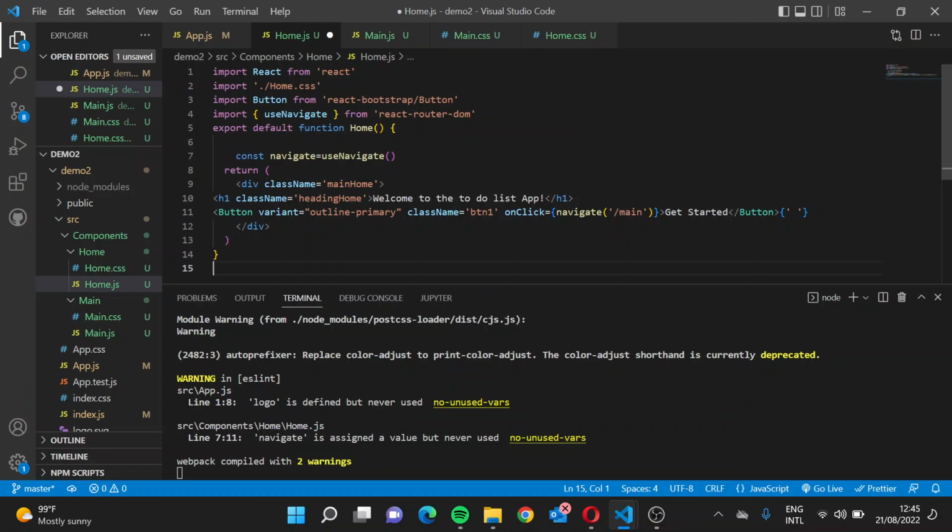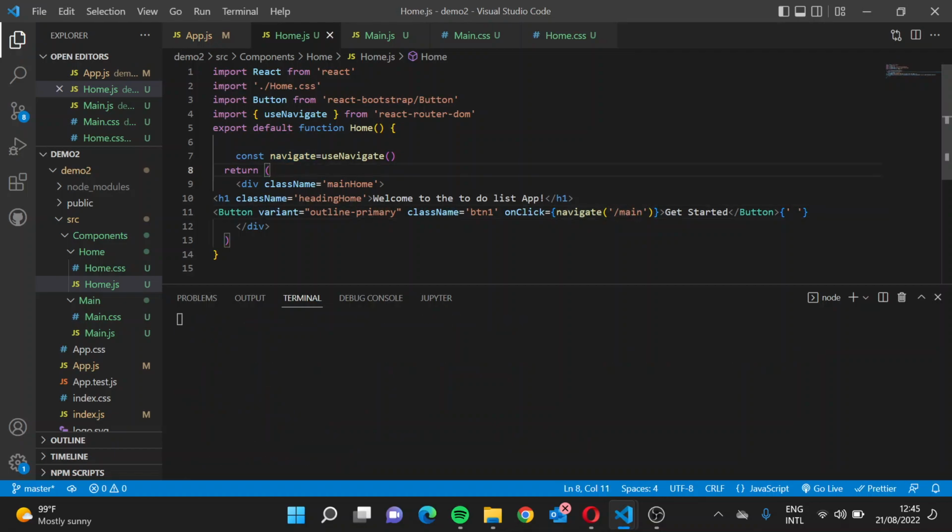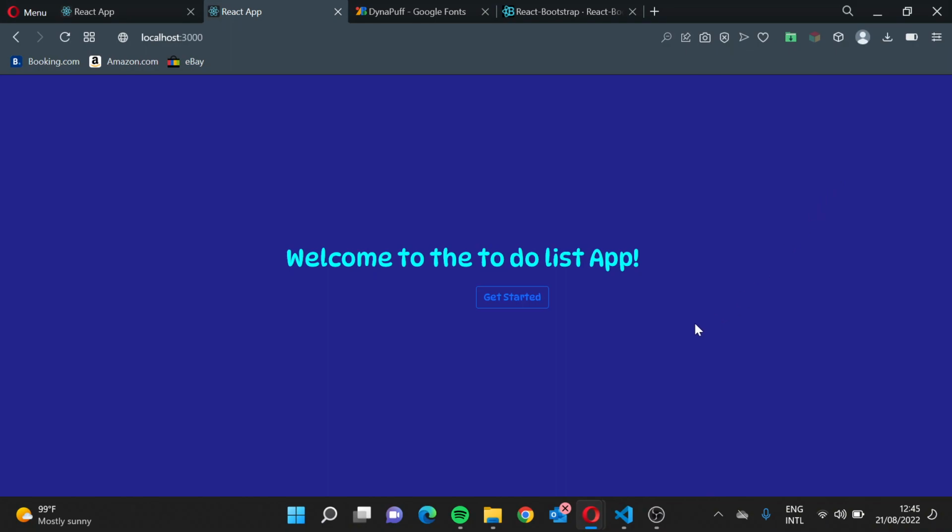We can do that also using navigate. So you import first useNavigate from React Router DOM, then you create a variable called navigate so you can use it, and then onClick I want to navigate into /main. So let's try it out. Let me save this, go back to our home page, and whenever I press on Get Started,